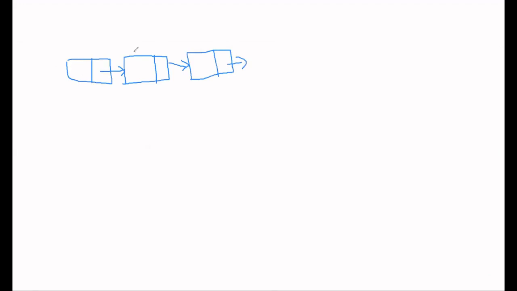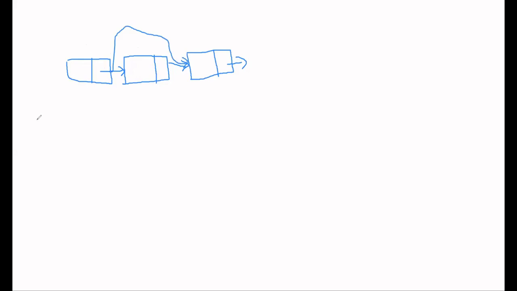Suppose I want to delete this node. I would need the address of this node. Even if I have the address of this node, I cannot delete it because I have to connect its previous node to its next node. So I need the address of its previous node.